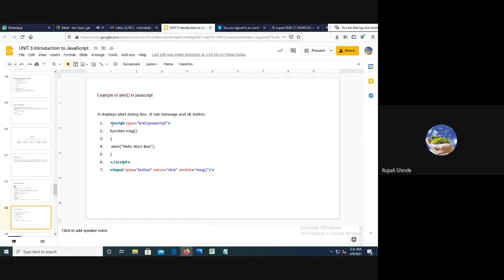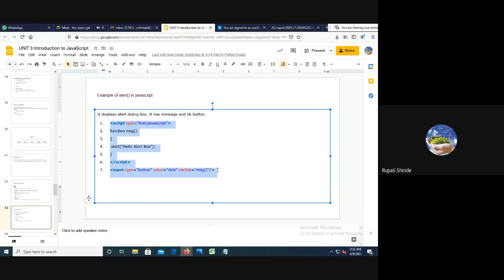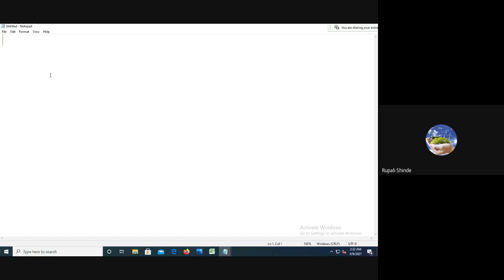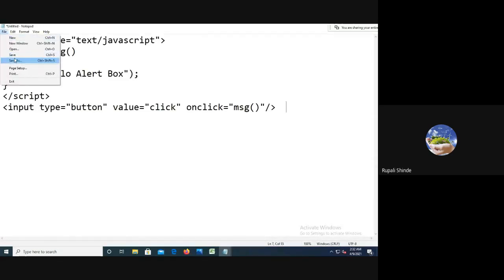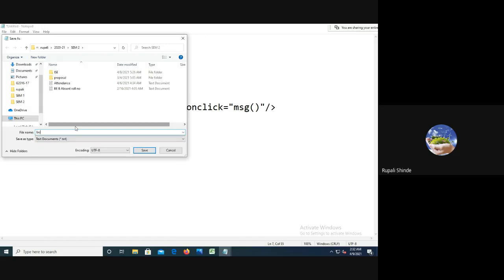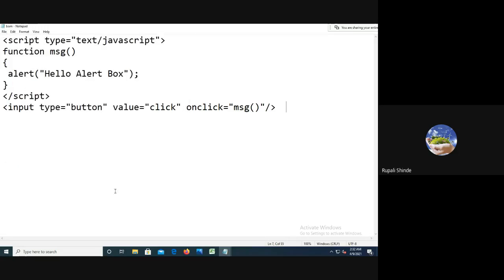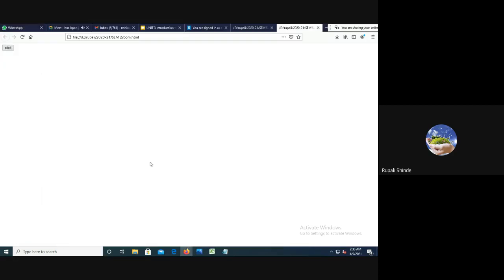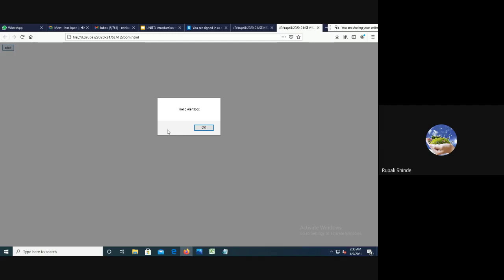We have to execute it. Hello, an alert box is going to be generated here.